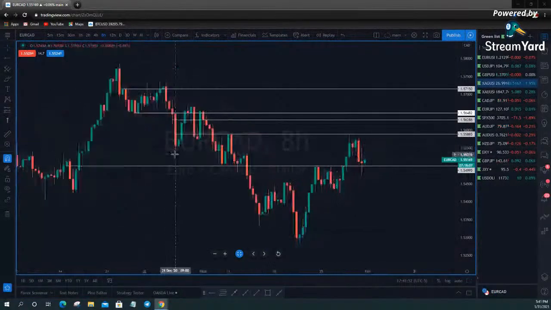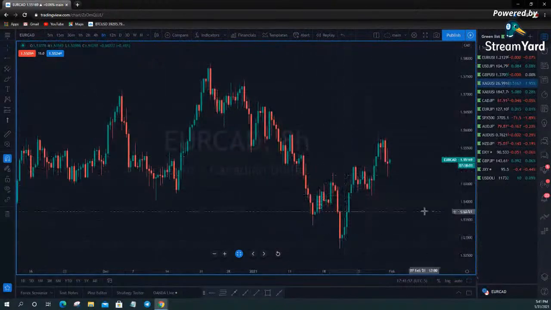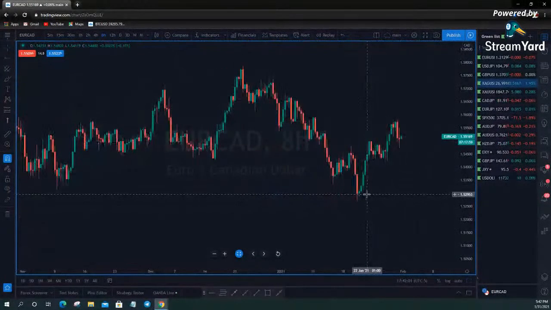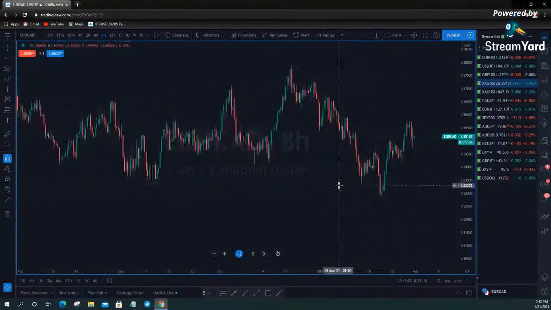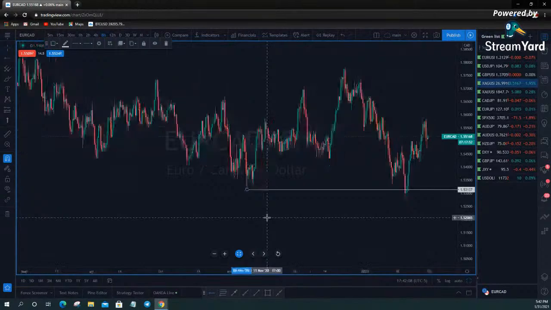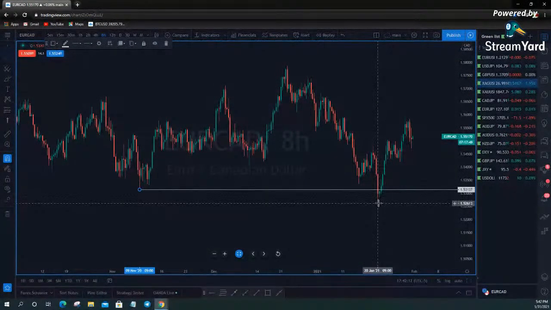All right, Euro CAD. I was trading this not too long ago. All this moved down here. It looks like it is moving higher. Give me a second here. All right, so we smoked these stops right here. With this push down, which was a target, that target was hit, and we have started to trade higher.